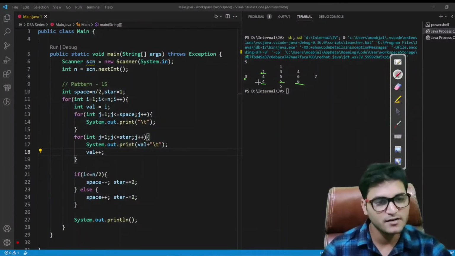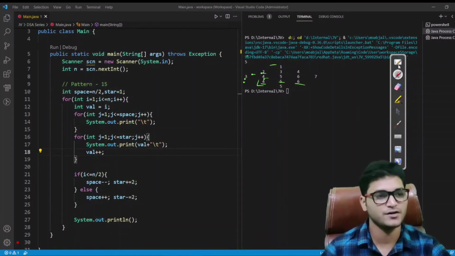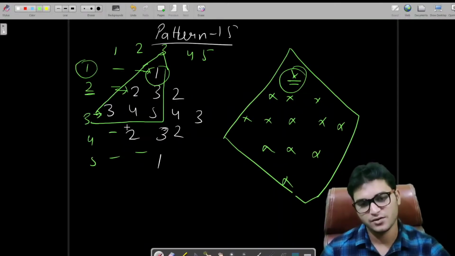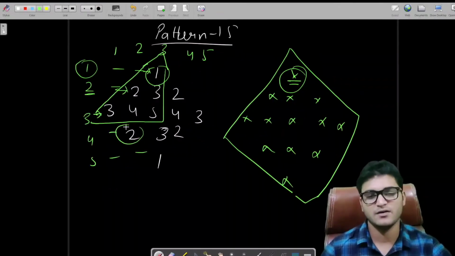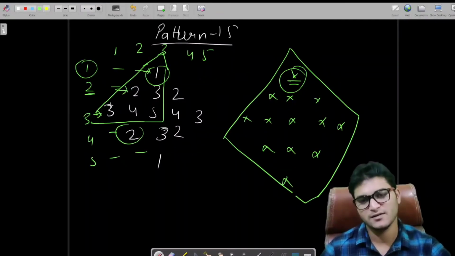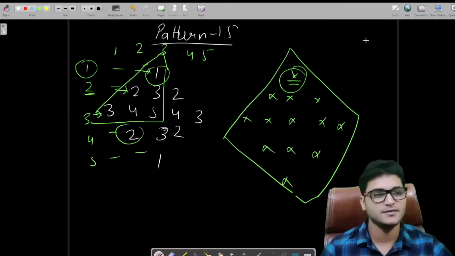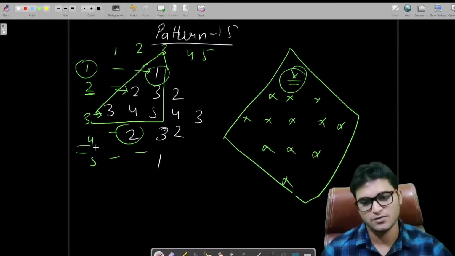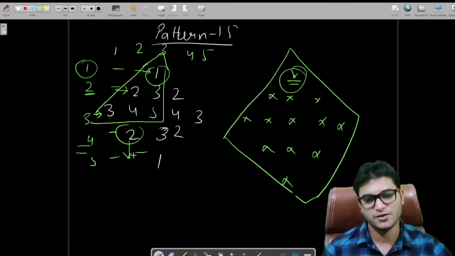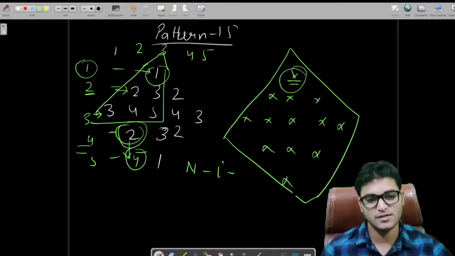But if you look here, for the fourth row, so this is first, second, third, fourth. For the fourth row, we are not having 4 here. Instead of this, we are having 2 here. So in each case, we cannot handle it with the help of the value of i. If we take the value from i here, then we are getting 4, but we need to change it into 2. So we will apply the formula n minus i plus 1, and take it into the val variable.